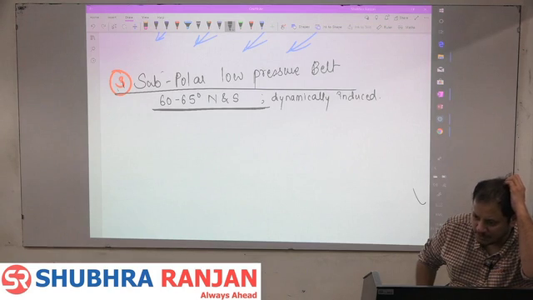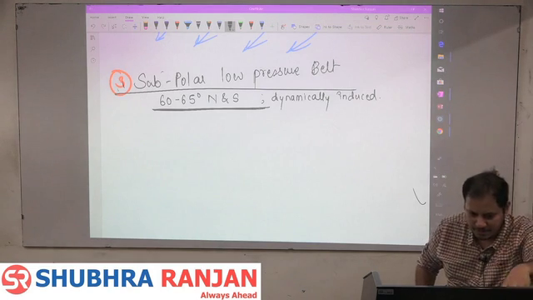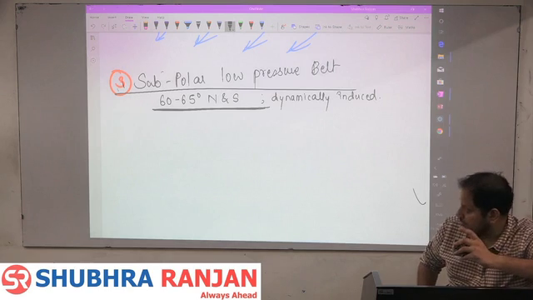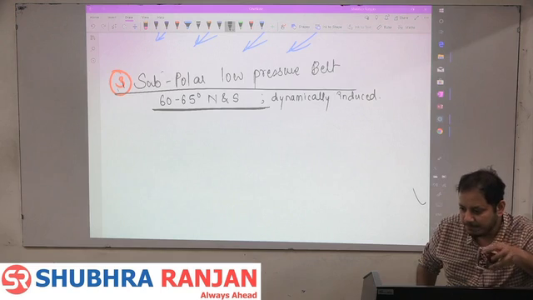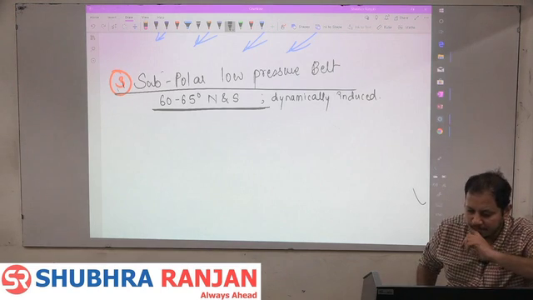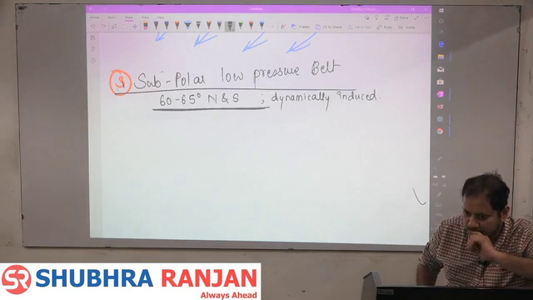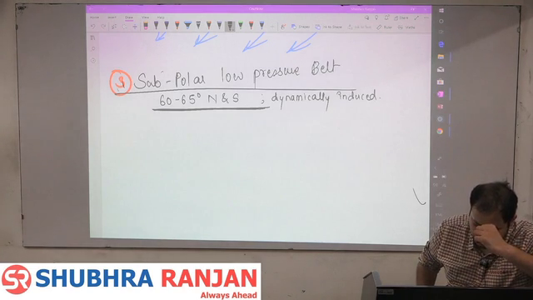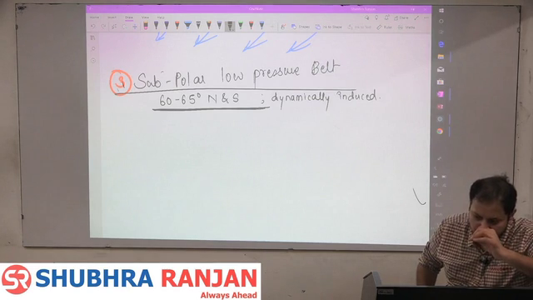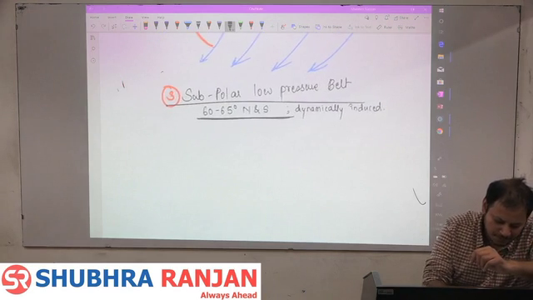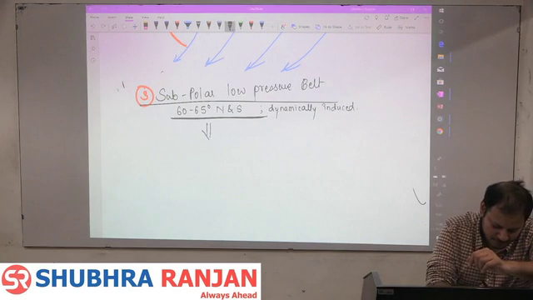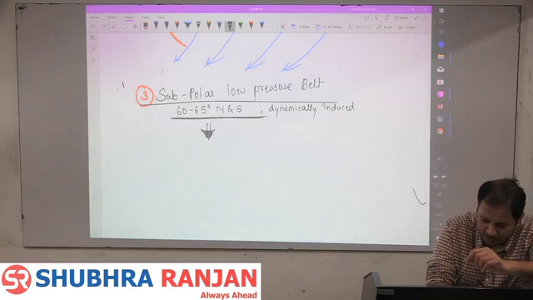But in the northern hemisphere, due to the dominance of land mass, it is broken. Full stop. A permanent low pressure belt in the northern hemisphere is found only at